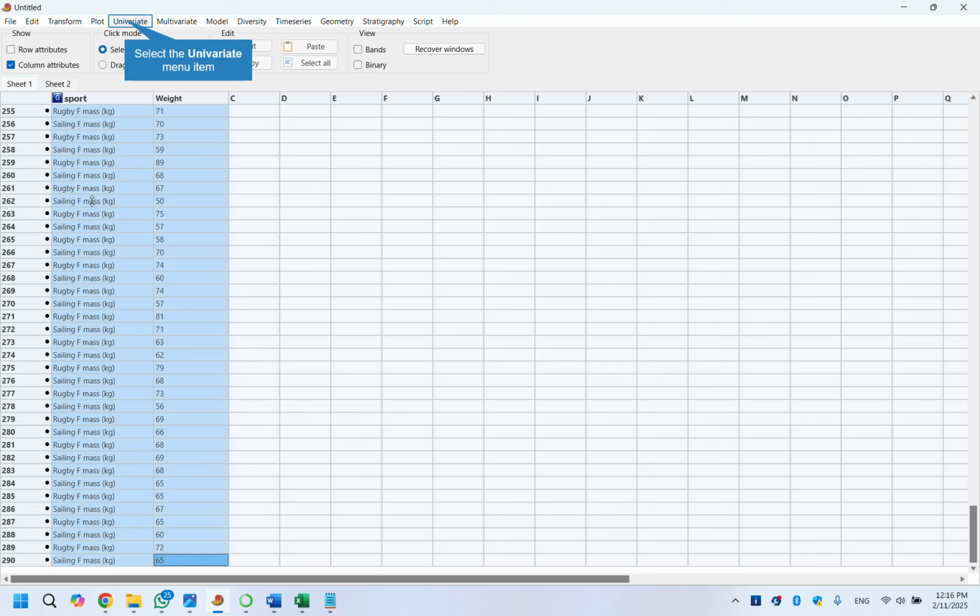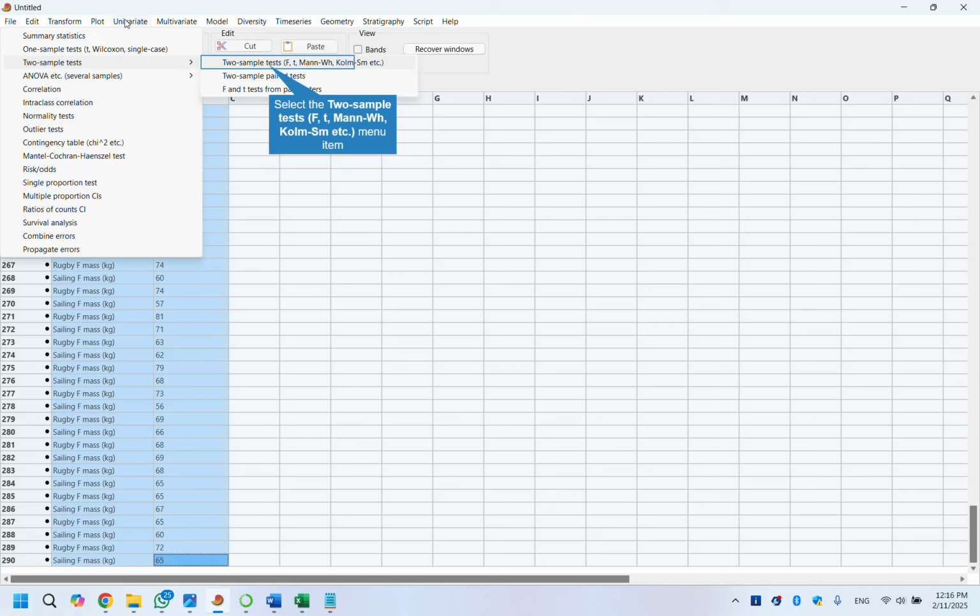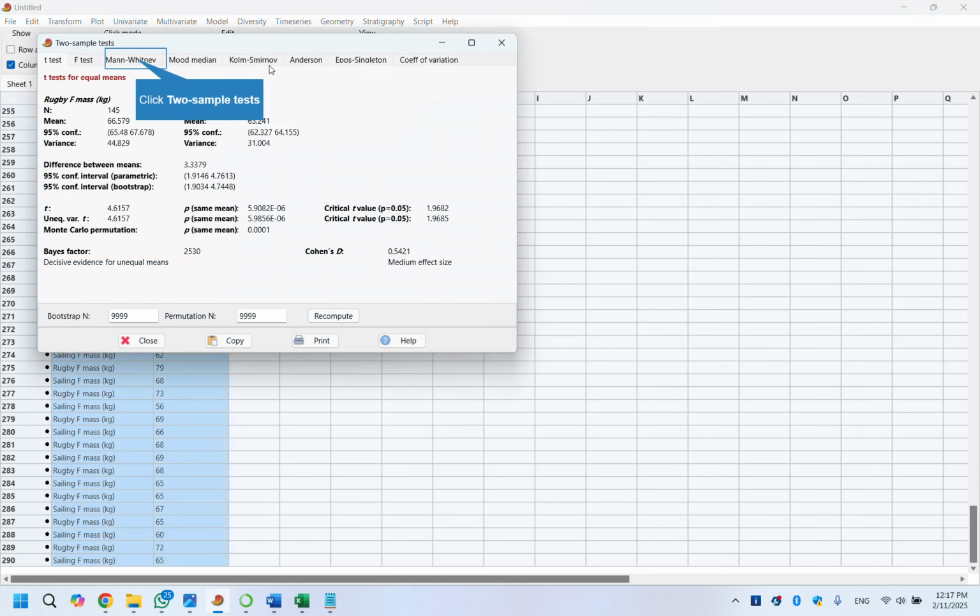I have grouping variables with rugby players and sailors. They are all females, and we want to compare their heights. I go to Univariate, Two-sample tests, and it calculates. And as we look at the t-test, we can have a look at the results, some general